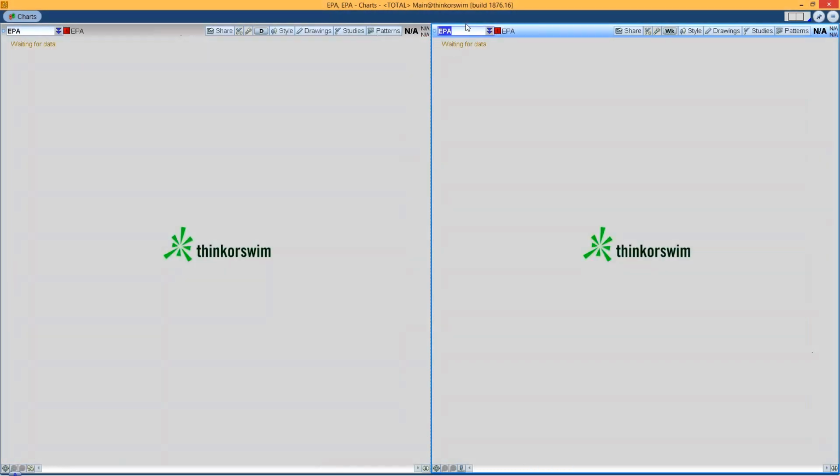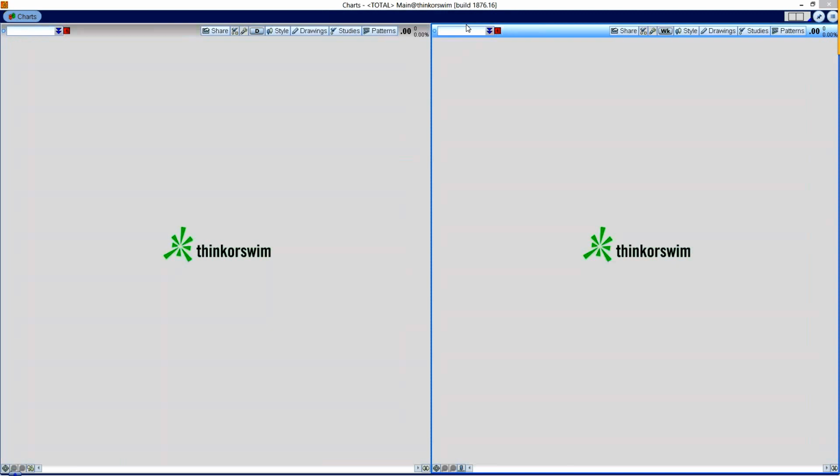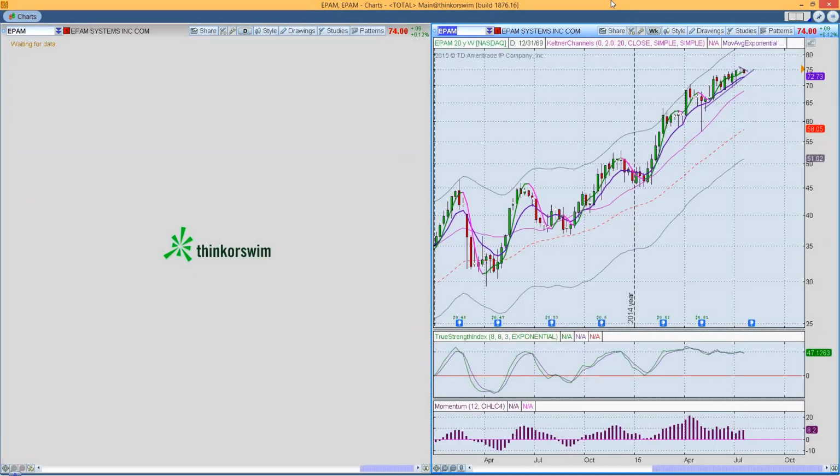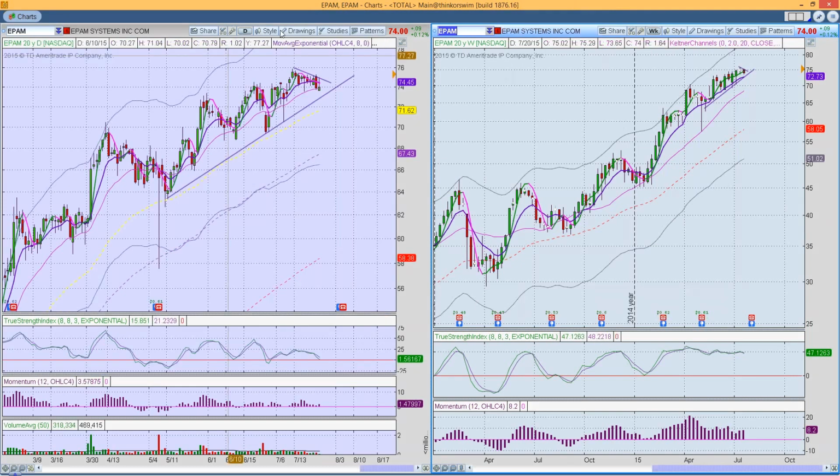EPAM, EPA, no. You would think that the EPA would be a stock symbol, wouldn't you? But it's not. So EPAM, here's the deal on EPAM, is basically, we got into this trade